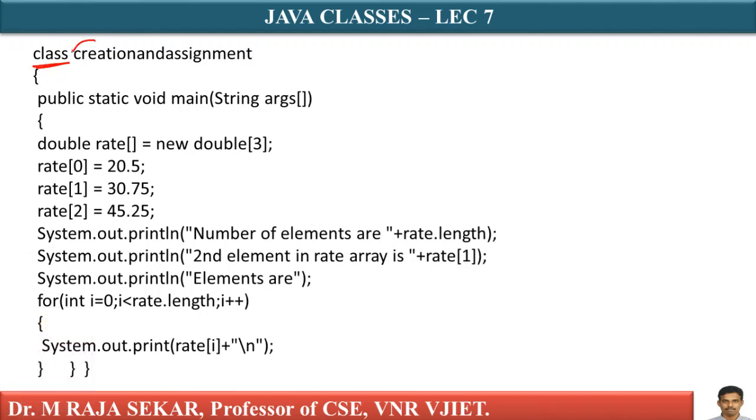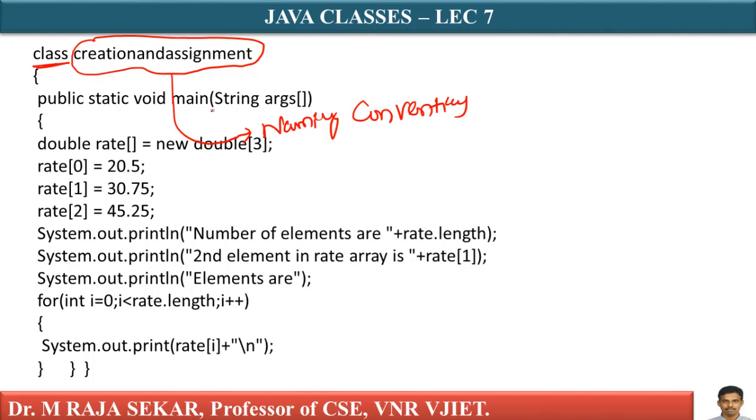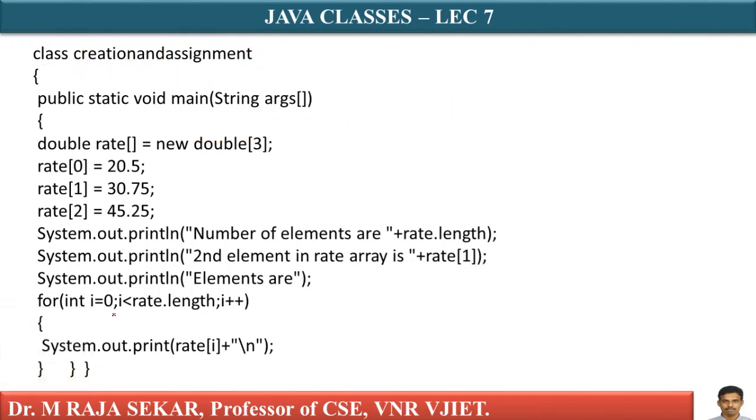Just see, this program is simple and straightforward. This is my class CreationAndAssignment. Here I am not following naming conventions. We were discussing naming conventions. If you speak strictly, how many words are there? Creation is one word, and is another word, assignment is another word. In the class name, each word must start with capital letters. That is the convention. If you want, you can follow. Otherwise also it's okay. But built-in, predefined classes follow these conventions. Anyway, we know the meaning of public static void main.